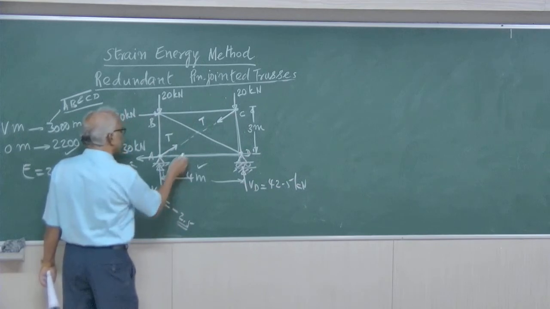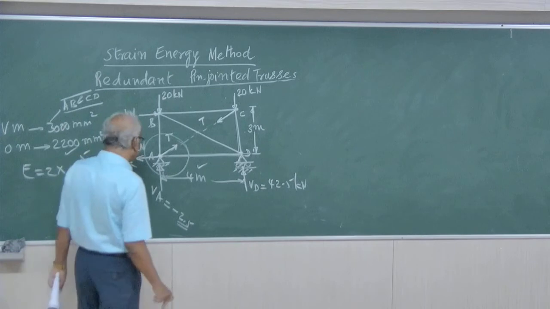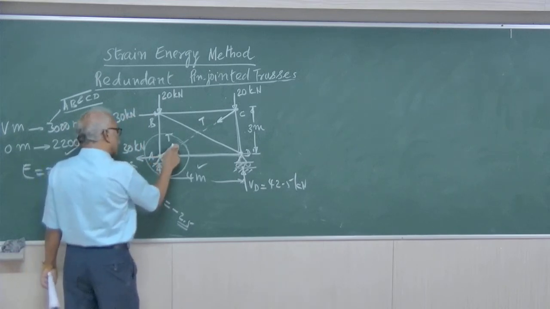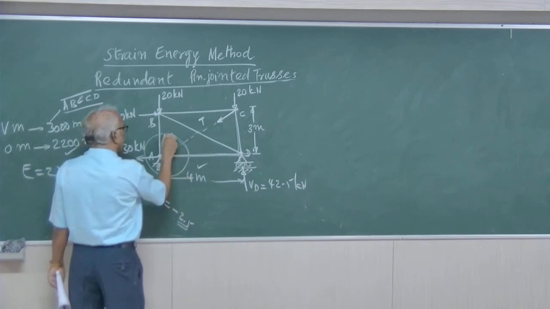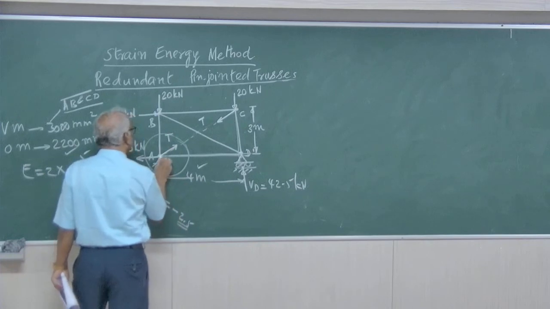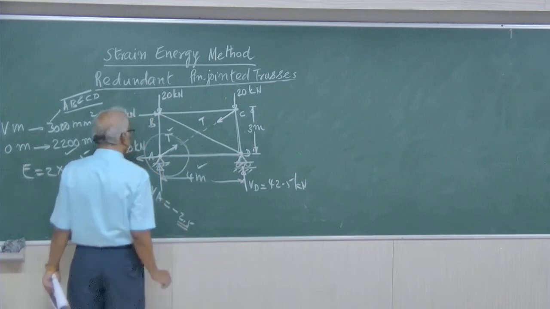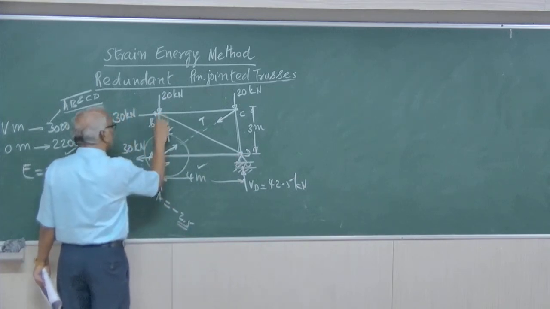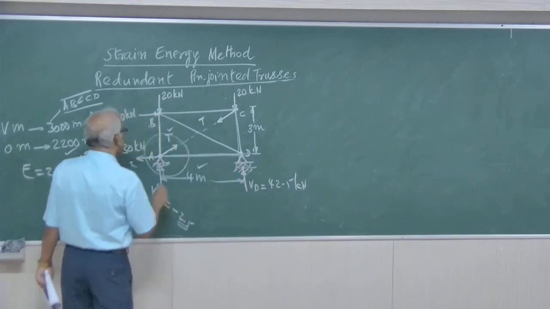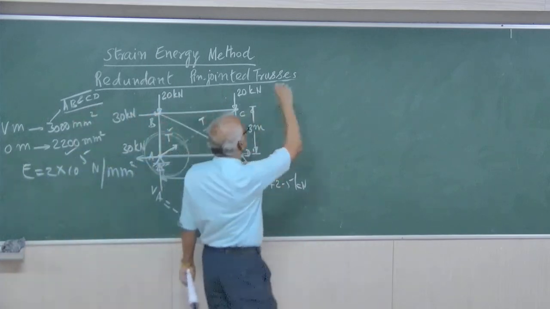Now let us start from joint A, because at joint A you have got two known reactions, and this is a force, a redundant force T. Redundant force T is what you are going to find out. But the force in the member AB and the force in the member AD will be in terms of T also. Therefore, unknowns are only two: one is AB, the other one is AD. So, you mark all the details around joint A.